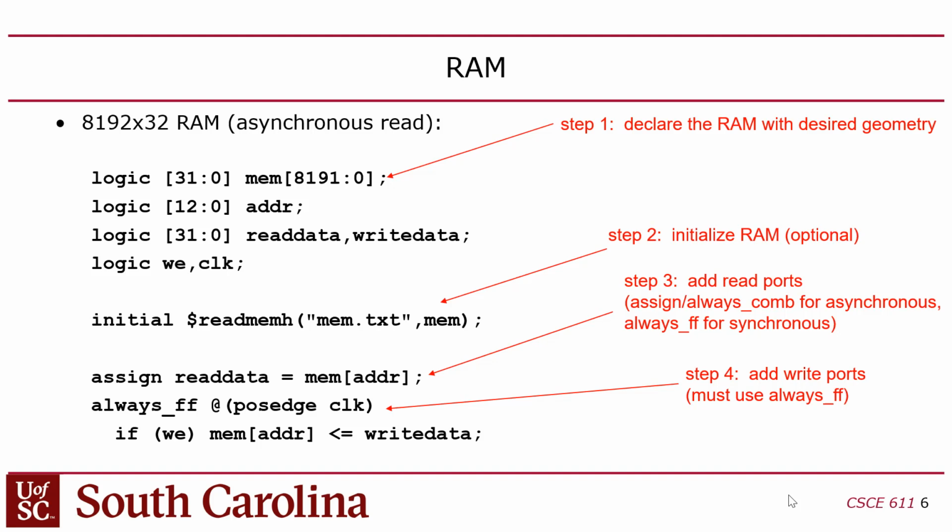Right? What does that mean exactly? Well, it means that I can read inside of one clock cycle. In fact, if I wanted to, I could read 10 different entries in that RAM inside of one clock cycle. But if I want to write, I can only do one write per clock cycle based on the description here. Does that make sense? Okay, so what will happen when you synthesize this?